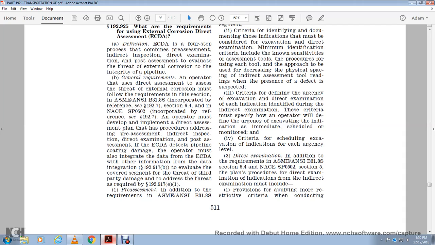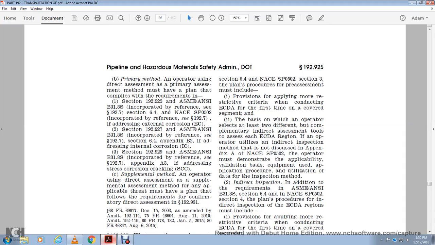The operator must develop and implement a direct assessment plan with procedures for pre-assessment, indirect inspection, direct examination, and post-assessment of the ECDA, and detect pipeline coating damage. The operator must integrate the data from the ECDA with other operator information for data integration under 192.917(b), including the threats required in 192.917(a), (e)(1). Pre-assessment: in addition to the requirements of ASME/ANSI B31.8S section 6.4 of NACE SP0502,